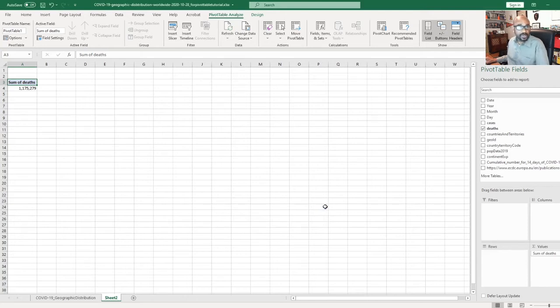So we know that worldwide, for the entire period covered by the table, there were 1.7 million deaths. Now, what we have to use the pivot table for is to divide up that number in a way that makes sense of it. So what we probably want to do is take the countries and drag them into rows,